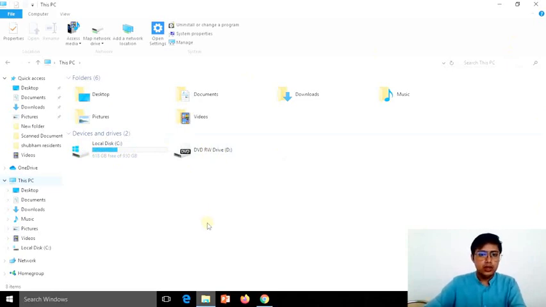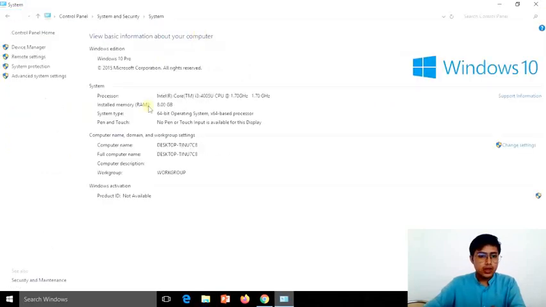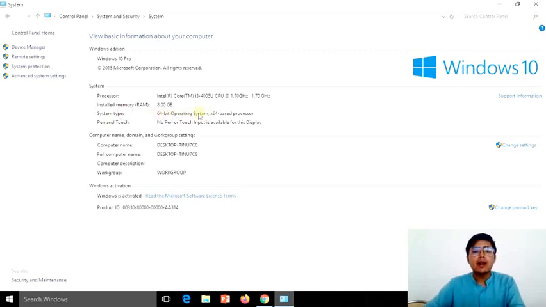This is the page. Okay, here at the top if you see, there are some options they have given. I am not going to focus on all the other options. You have to locate system properties. So this is, as it says, system properties. It is going to give you the information about your system. Here you can see the processor. This is the processor name. RAM is this much, 8 GB. System type, if you see, it is written there 64-bit operating system. It means my laptop is a 64-bit operating system.